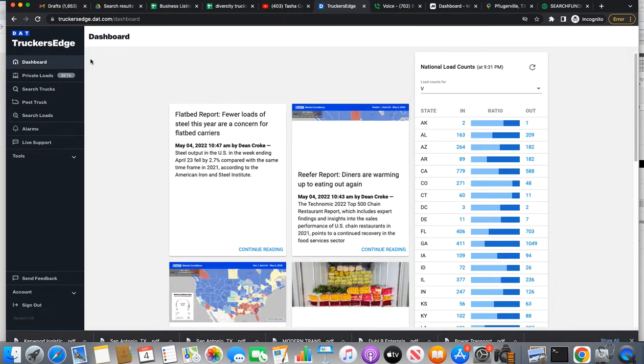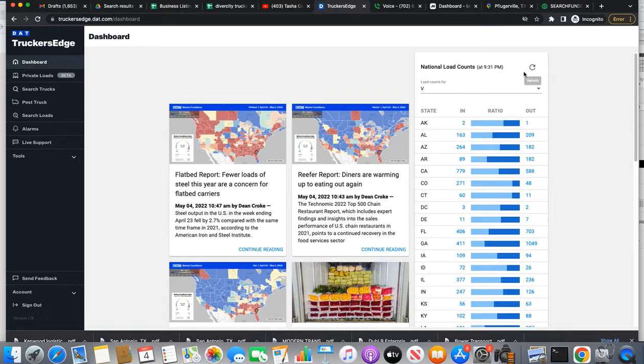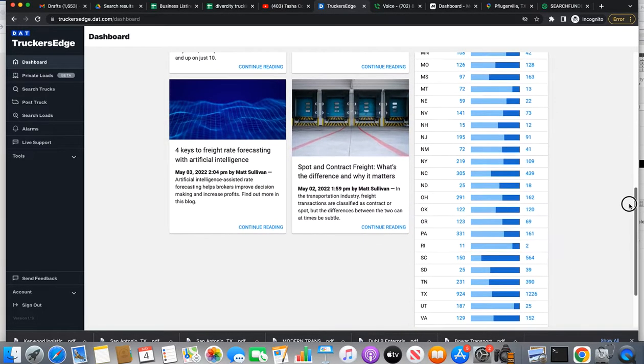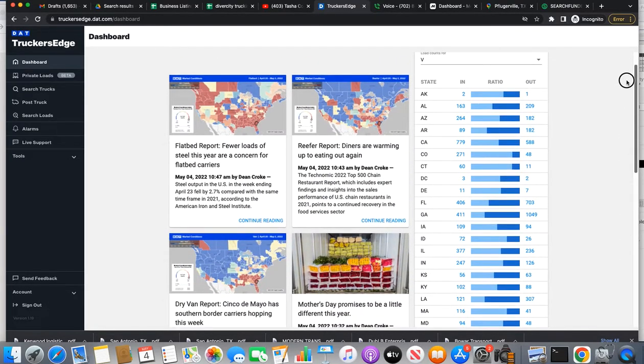Now, one thing that you do want to keep in mind as I'm doing this is this board here. This is telling you kind of an idea of what the loads are looking like coming in. So basically, let's say Alabama here, right? You can see 163 loads are going in, and then 209 are going out, meaning leaving Alabama. So what you're looking for when you're picking a load up is a state ideally